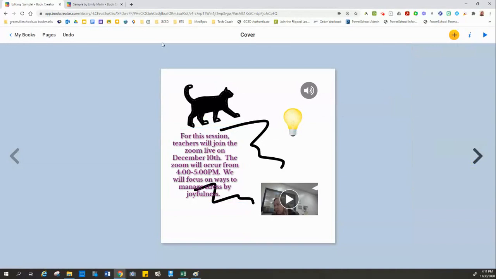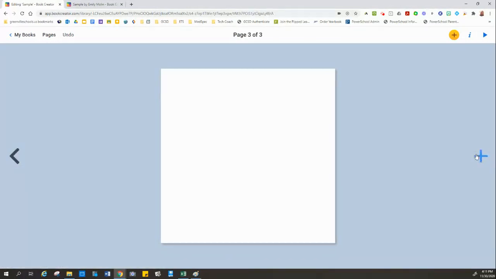Almost done with the basics of Book Creator now. This is kind of a dinky little book that I've created here. It's really just one page. So let's just add a few more pages here. Okay. The last thing that I have not shown you